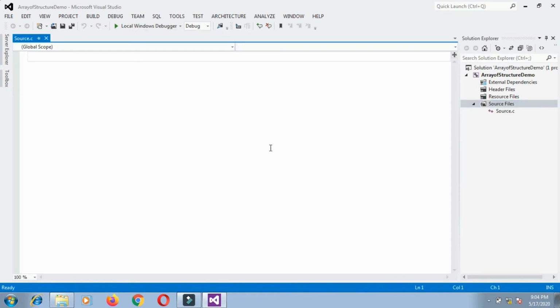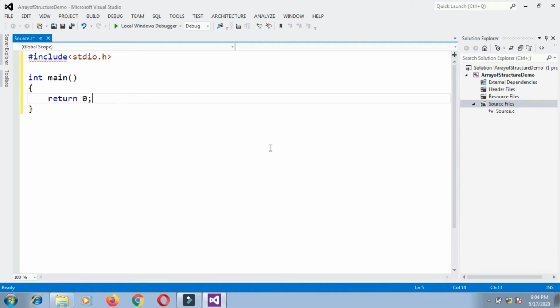Let me write the initial stuff. I write here say hash include stdio.h, then int main return 0. So those things will be there. And now I will declare some structure. I will take the same example. Suppose I consider mobile phone as an entity, then I will declare the struct mobile phone,